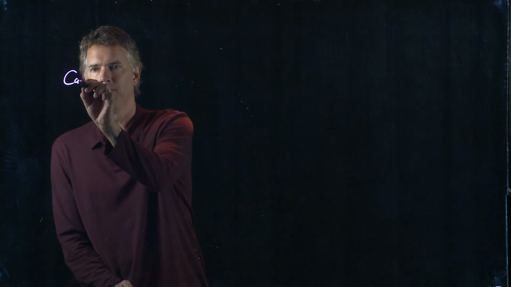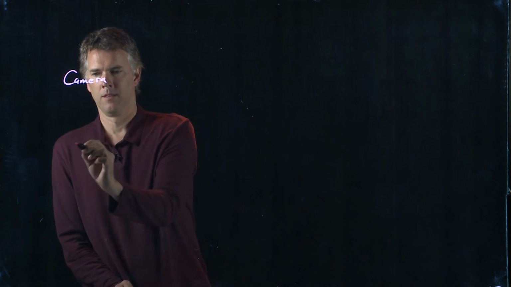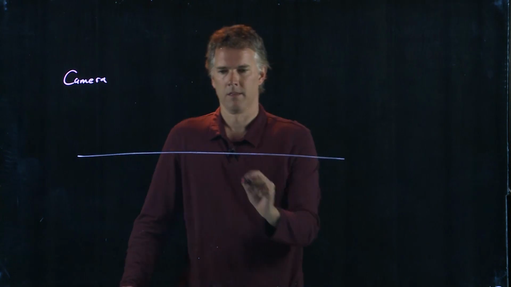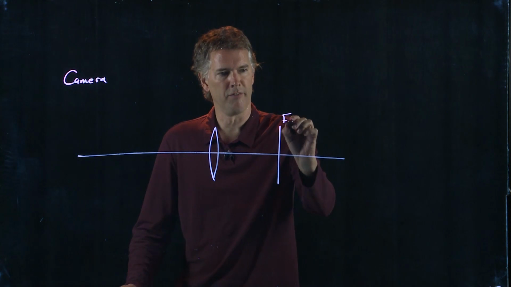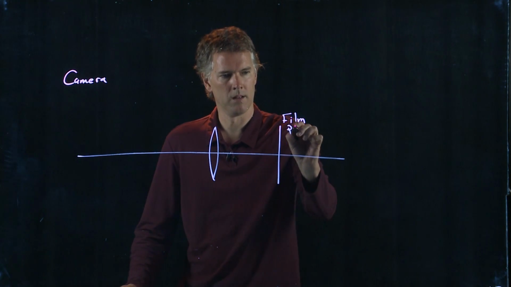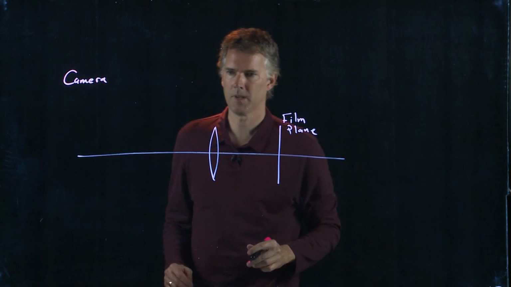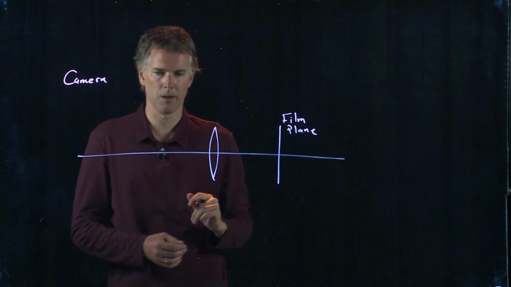It says, while you are photographing a dog, it begins to move away. What must you do to keep it in focus? Okay, so let's go back to the camera. The camera is just like an eyeball, right? It's the same idea. So let's draw a camera. Here's the lens of the camera. Here is the film plane, or the CCD plane. Okay, this is where your retina would be in your eyeball.